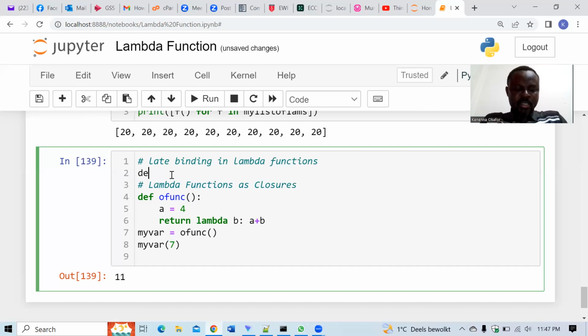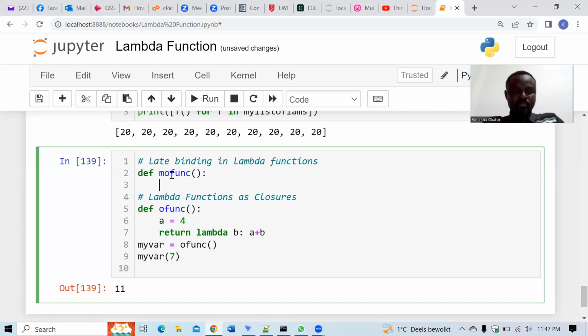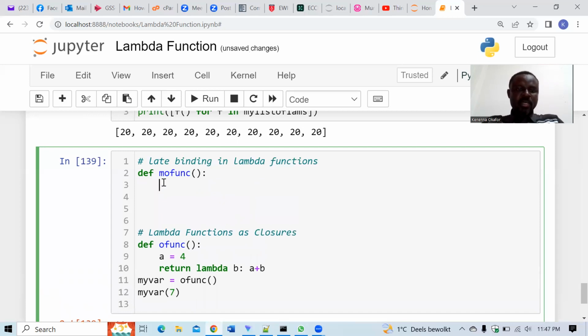So let me say def my outer function. Let's get this down. My outer function, and I'm going to use a loop here, guys,